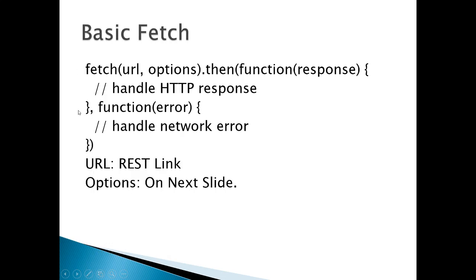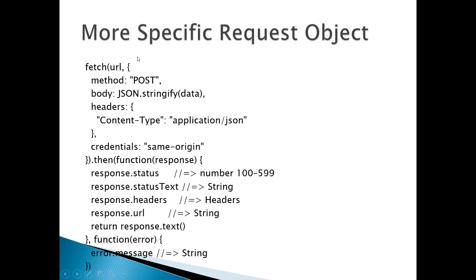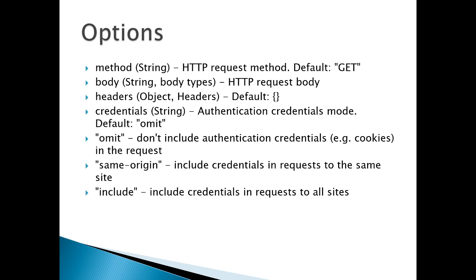In the last example, if we send the request, it is by default with the GET method. In this layout, the request will be with the POST method. And after getting the response, you can see the status. What is the return status? What is the status text? What are the headers which have been sent by the server? What is the URL with response.url? Any string information that has been sent, and return text. You can see this. So there is multiple information that is returned with the fetch request. So you can call the REST API accordingly.